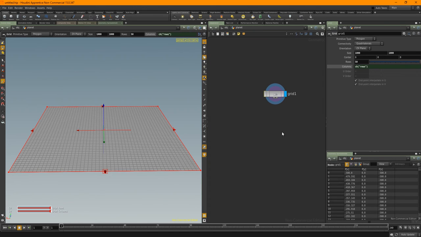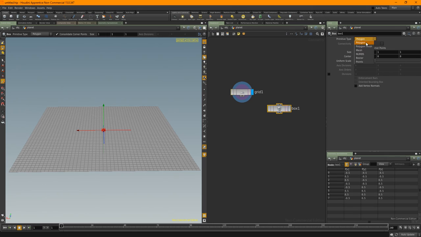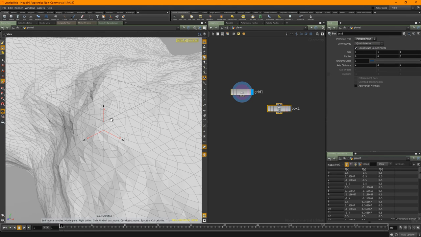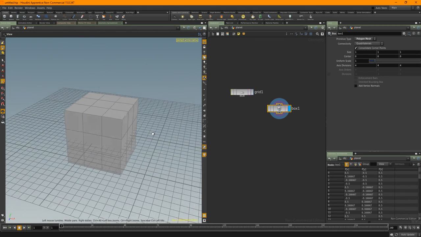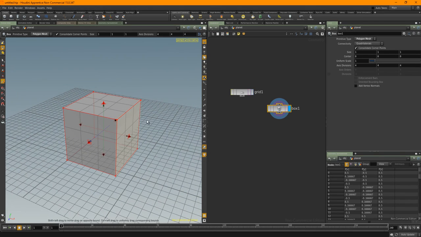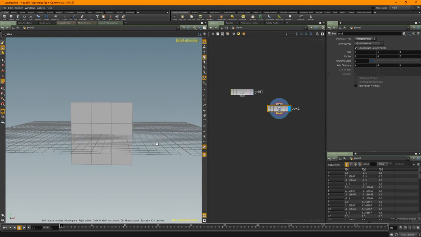But we're going to build the lattice deformer. So let's drop a box in, okay? I want it to be a polygon mesh, and I'm going to zoom right into the box, okay? And I'm going to hide other objects because I don't want to see my asteroid anymore.